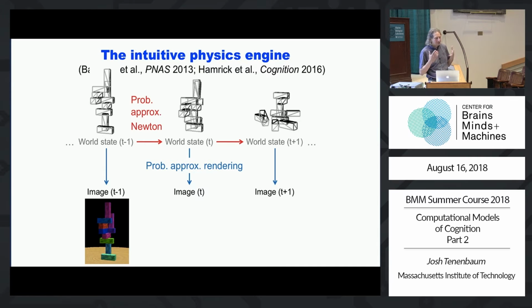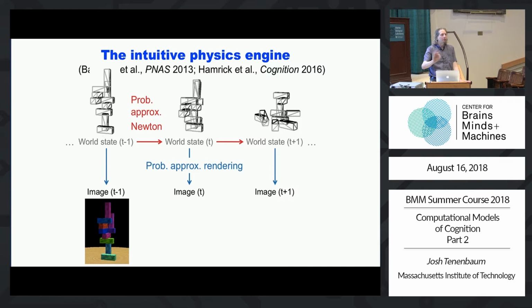So if we now want to take these tools and use them to do intuitive physics, we're going to take our, say, 3D sample. Now I've drawn it as a wireframe so that it actually looks a little more 3D, I guess, not an image. But that's the state of one of these game physics engines. So I can now, if I want to know what's going to happen, will the blocks fall over, just run the physics forward.